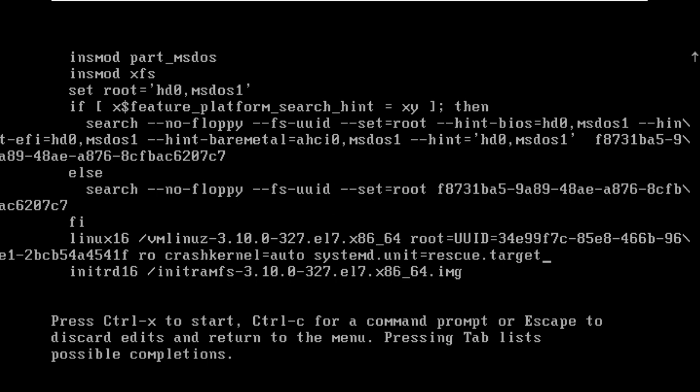And if it is still not solving the problem, if it is still not starting in this kernel, then you can go for the rd.break option.